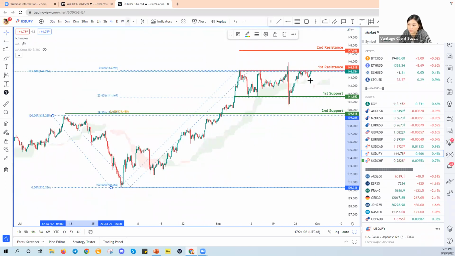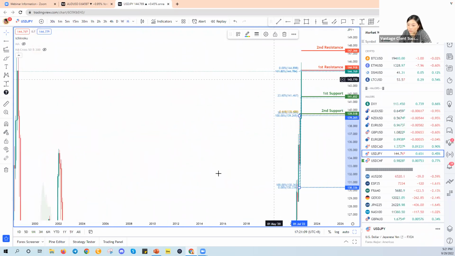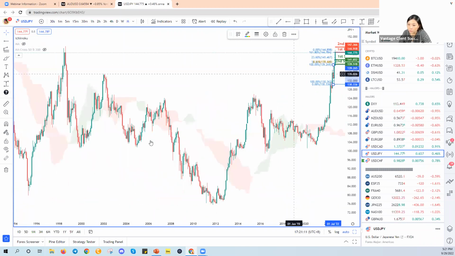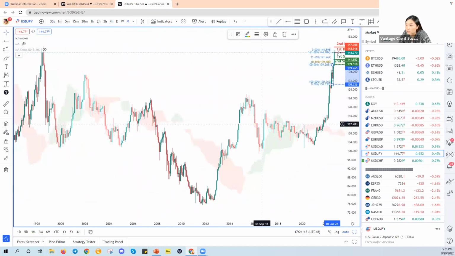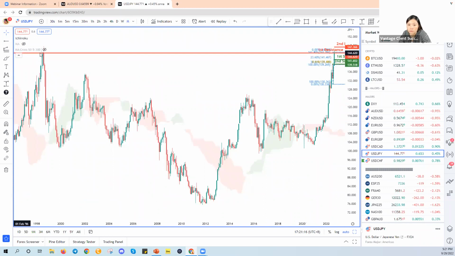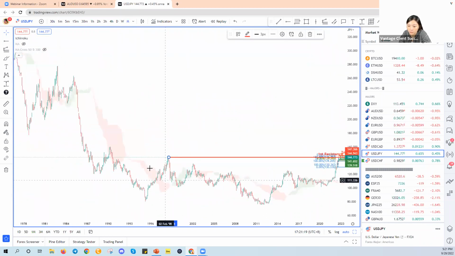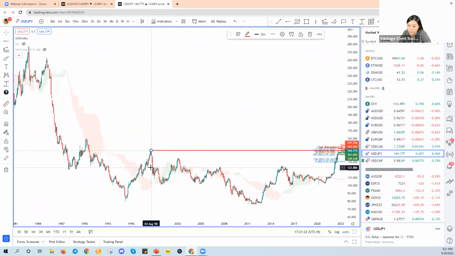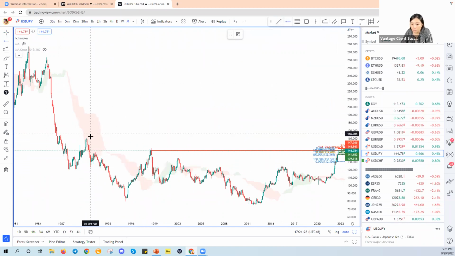Let us zoom out and see. If you zoom out to your monthly, it actually aligns nicely here with my previous swing high in August 1998. So this is the key level that we are looking at right now before it actually moves up even further to